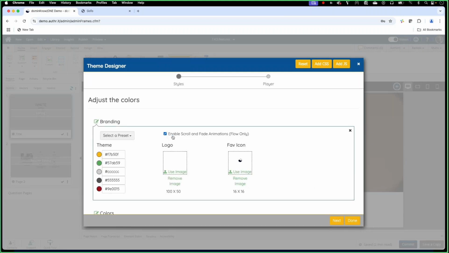So under the branding, we can turn on a setting to enable scroll and fade animations. So this becomes a global and universal experience for the learner. Everything that's on every page will, as they scroll down in a flow page, appear with a small subtle fade effect. It really brings the page nicely to life. You can actually apply custom animations to any element that you want, but you would be doing that on a one-by-one basis. But this gives you a standardized look and feel as the learner is navigating the content.